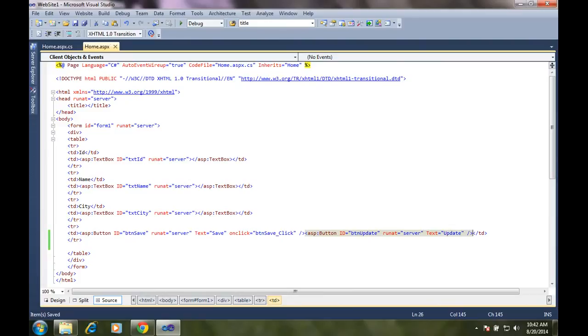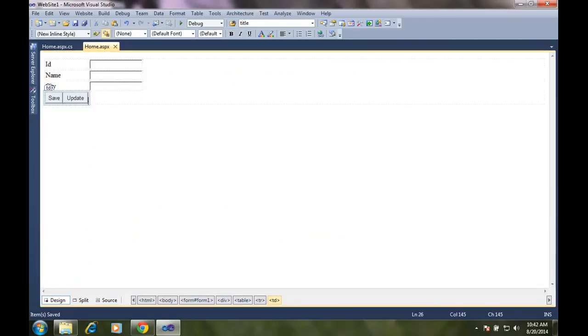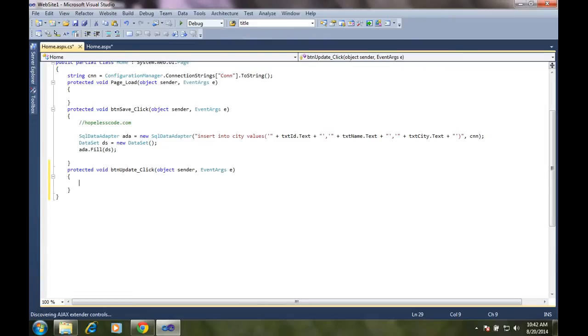That's it. Go to design, click update, double click, and the update code part is generated. Now we have to write the code for this.